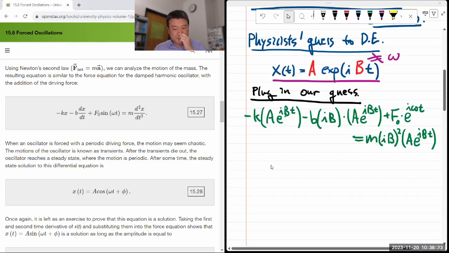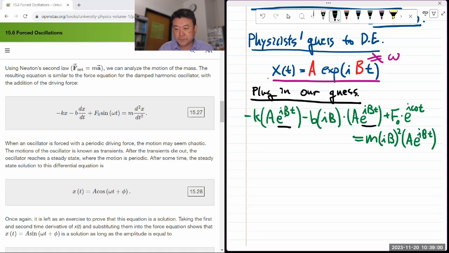So let me do a little bit of simplification here. Let me write the simplified equation first, and I will tell you what assumption I'll make, and then go from there. Let me collect all the like terms. There are terms that depend on e to the i b t. Let me collect all of them together. I'm going to put them all on the right hand side, and the remaining term I'll keep on the left hand side. So we'll say F naught e to the i omega t is equal to,